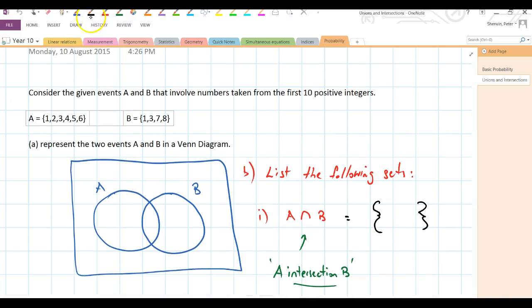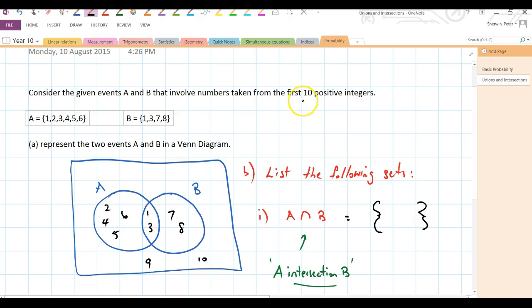So this is how the Venn diagram works. It's a nice way of displaying data or information where more than one set of numbers or objects is involved. If a number belongs to both sets, we put that in this little intersecting area here. So 1 belongs to both sets, 2 is just A, 3 belongs to both sets, 4, 5 and 6 are just A, 7 and 8 are just B, and 9 and 10 we can slot outside because they're neither